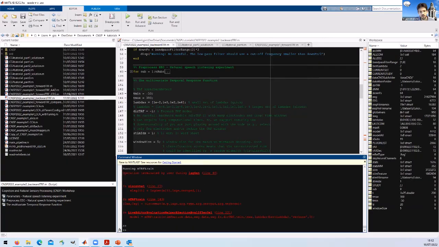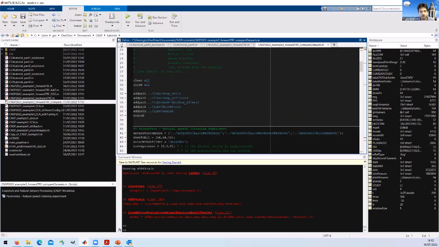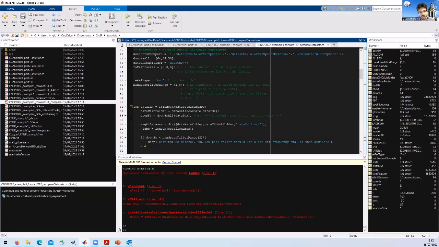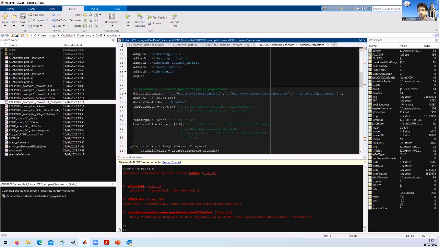So this is your backward TRF script that you can also use as a blueprint for your studies if you want. And finally, you have your forward TRF comparison script. In this case, I'm just putting as a cell array these 3 data sets,